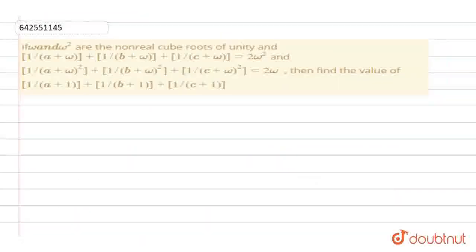Hello guys, welcome to Doubtnut. Today's question we have given: if omega and omega square are non-real cube roots of unity, and we have given 1 upon a plus omega plus 1 upon b plus omega plus 1 upon c plus omega is given as 2 by omega square